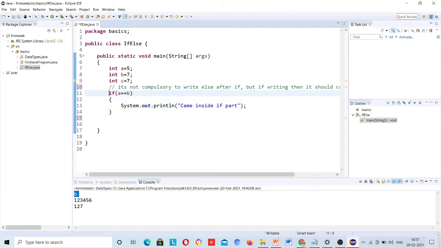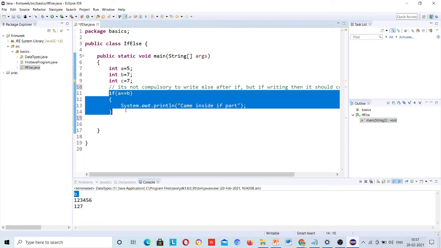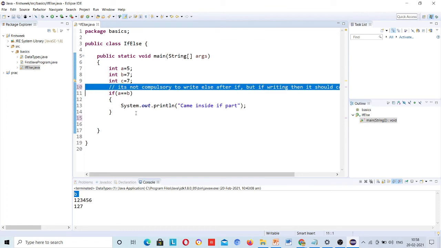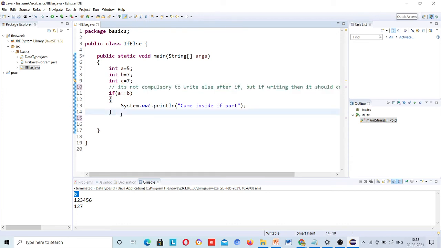Okay, so this is a rule. Actually, I am not telling you, this is syntax you have to follow, and you have to practice and remember. There is no other way that I can tell you. You have to practice and you will get to know, but this is a rule you should know. Once you practice, you will remember. Once you get an error, next time it will stay in memory.